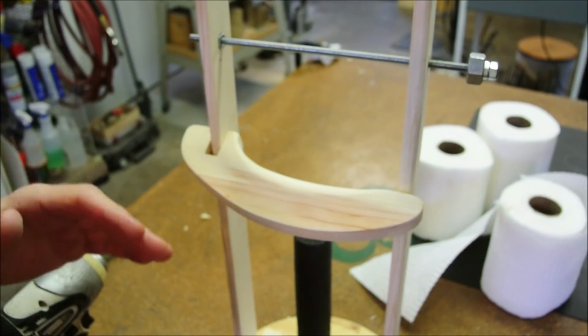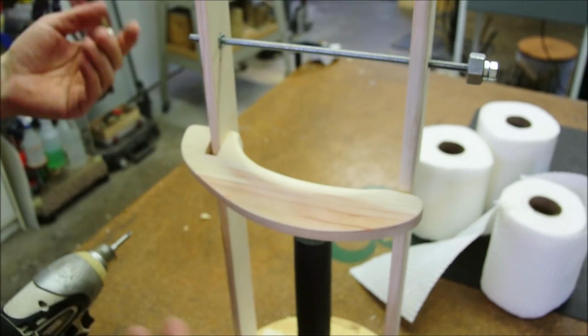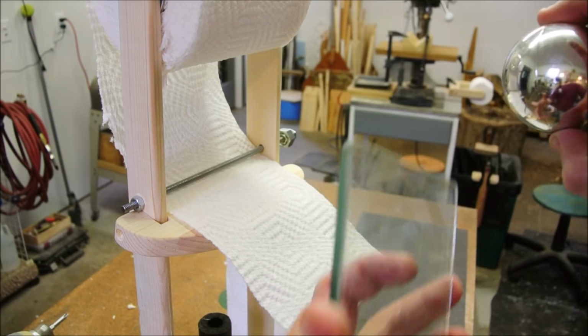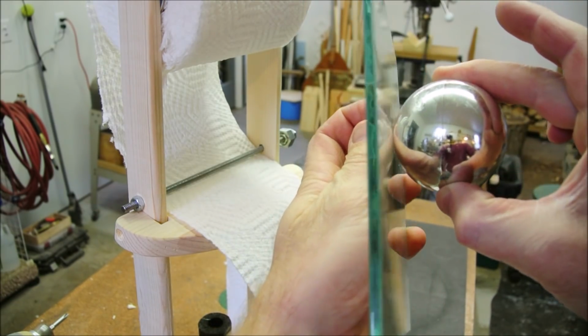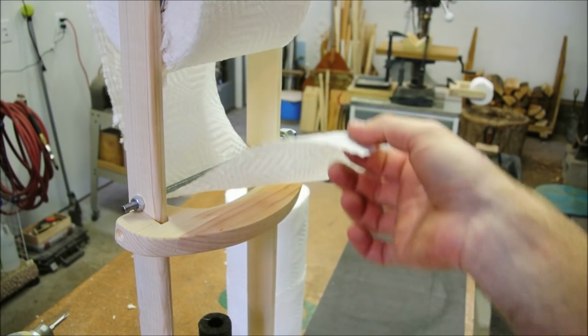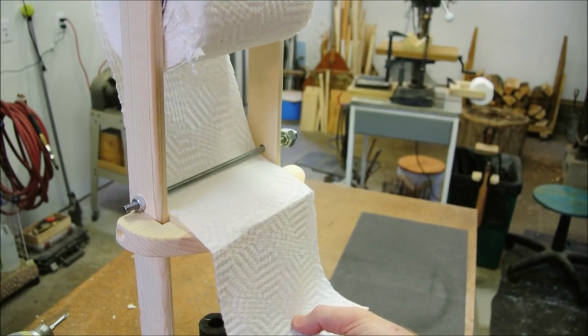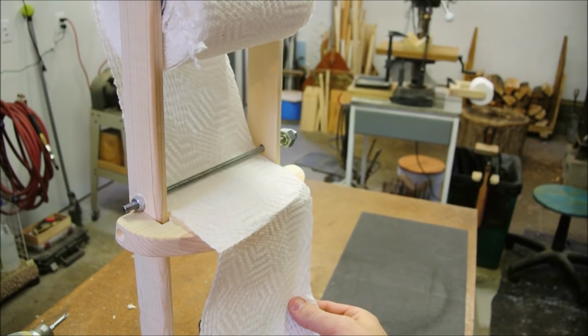Think of it this way. When you have something spherical touching a plane, it only touches in one point. Similarly, when you have a curve like this touching the towel, it only touches it at one point, and that sharp point causes it to...